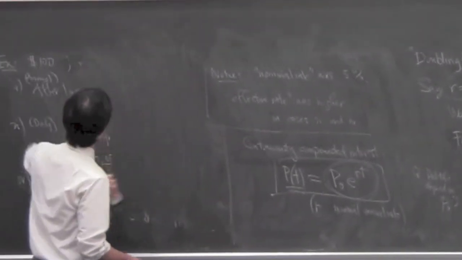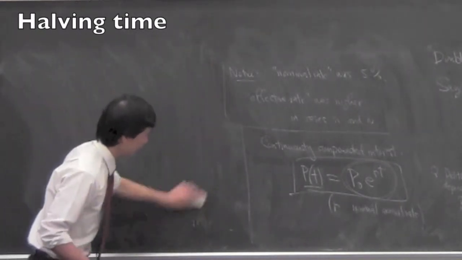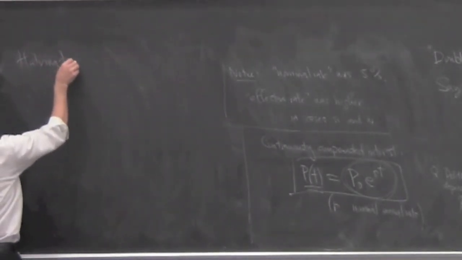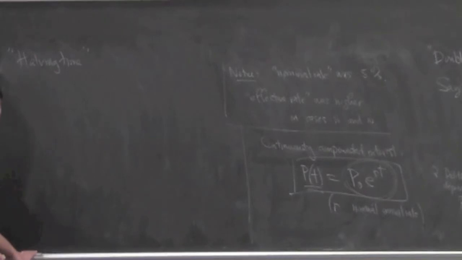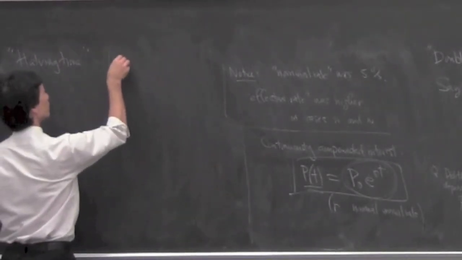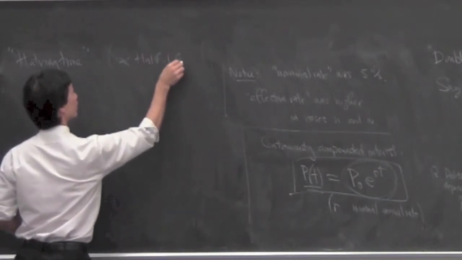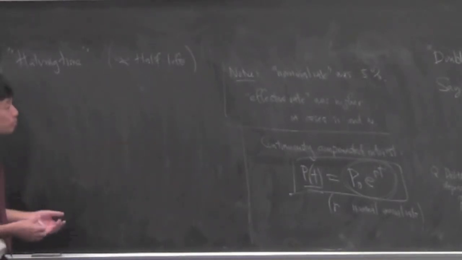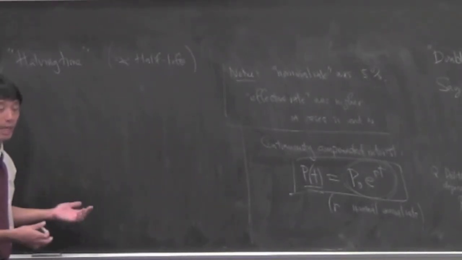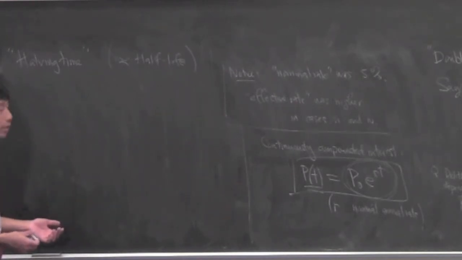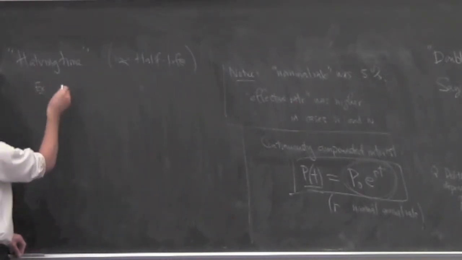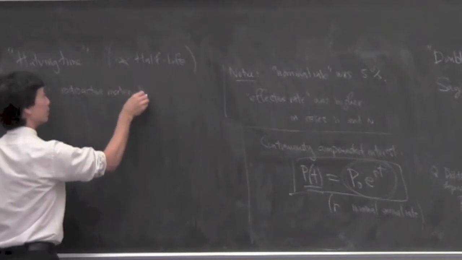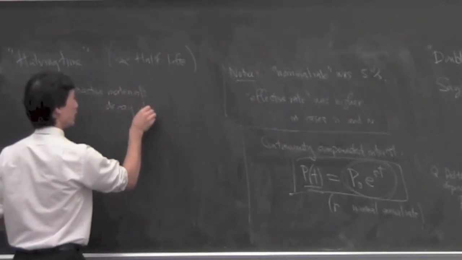Okay. So there's an analogous thing, which you could call the halving time. This is also sometimes related to something called half-life. Suppose you have something and it is decaying at an exponential rate. So for example, radioactive materials. This is a standard example. Radioactive materials decay at an exponential rate.